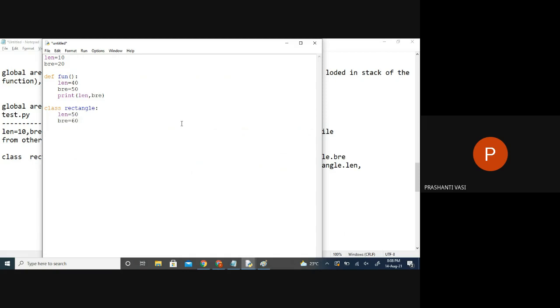Now, within the same file, if I just print length and breadth, which value will be printed now? Global, 10 and 20. Now within the same file, when I call the function, what will be the output on the screen? 40, 50. It's 40. Within the same file, if I say print